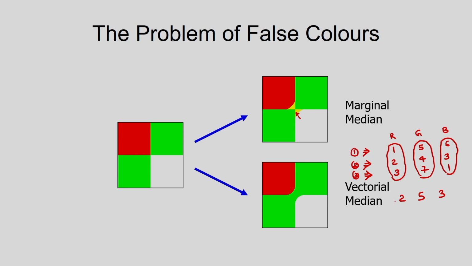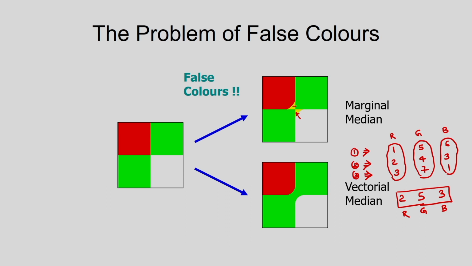And corresponding to this, what are you getting? You are getting the value 253. This 253 pixel value, that is R equal to 2, G equal to 5 and B equal to 3, is not available in the original image. That is why I am getting some other color in the output image. You can see this yellow color I am getting because of the marginal median, because this pixel 253 is not present in the original image. You can understand the concept of the marginal median. So what is the problem with the marginal median?